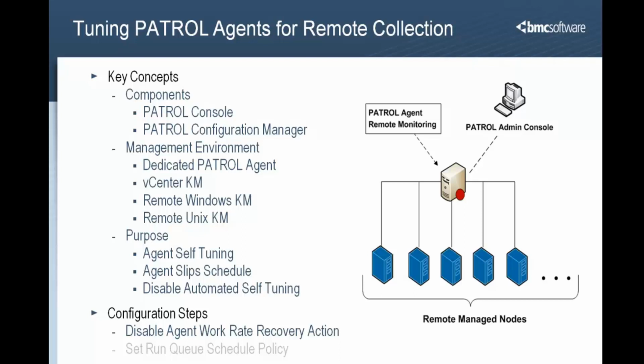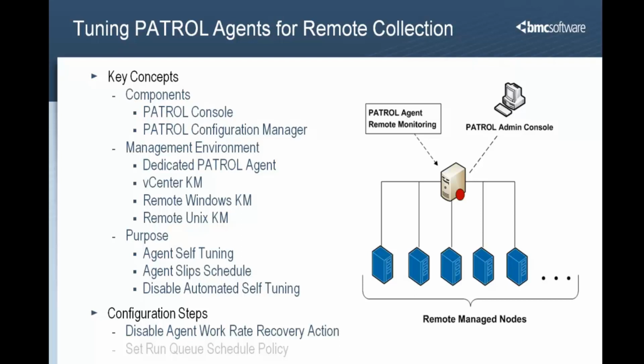There are two patrol agent settings that we need to adjust. The first is to disable the recovery action that is triggered when the patrol agent work rate goes into alarm. This recovery action resets the agent's run queue schedule, and we do not want that to happen for agents that are dedicated to remote monitoring. The second setting is for the agent's run queue schedule itself, and that is covered in the second video. Okay, let's take a look at the product and see how to disable the recovery action for the patrol agent